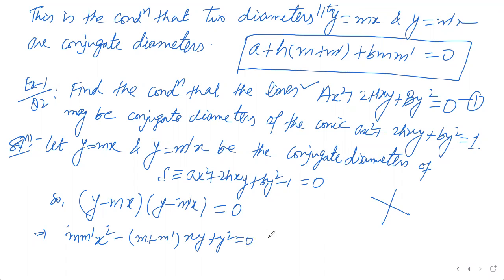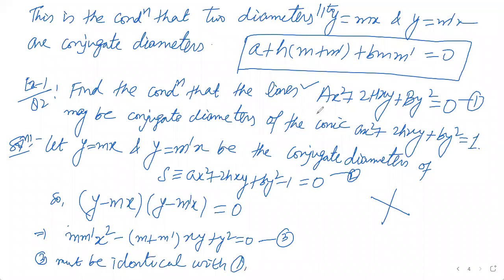इसको अगर मैं लिख दूं 1, it is 1, वो 1 था, ये 2, it is 3, so 3 must be identical with 1, है ना, क्योंकि इस प्रॉब्लम में गिवन है कि ये लाइंस अगर कॉन्जुगेट डायमीटर्स रिप्रेजेंट कर रही है और ये नॉर्मली ये होंगी तो दे मस्ट बी आइडेंटिकल। तो अगर आइडेंटिकल है तो हम क्या करते हैं, कंपेयरिंग